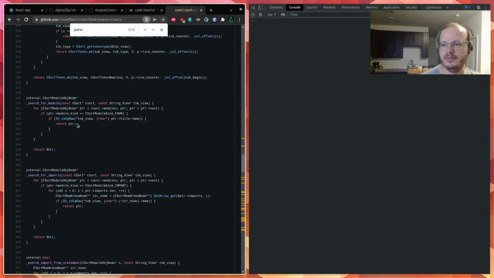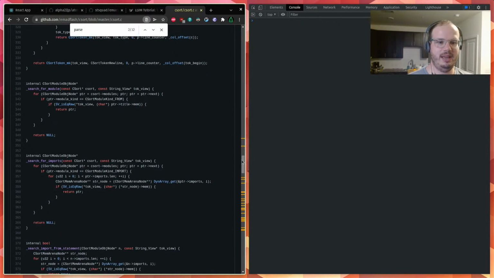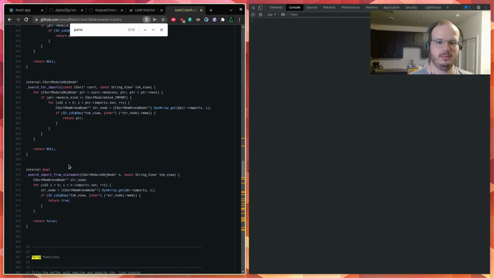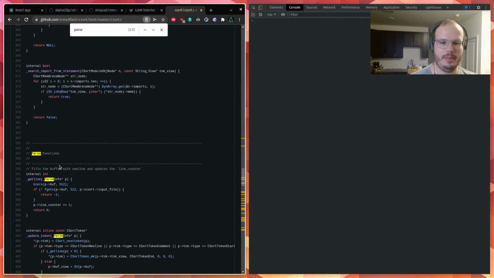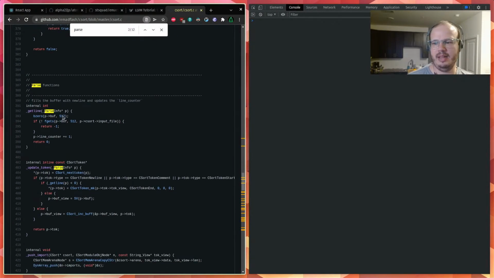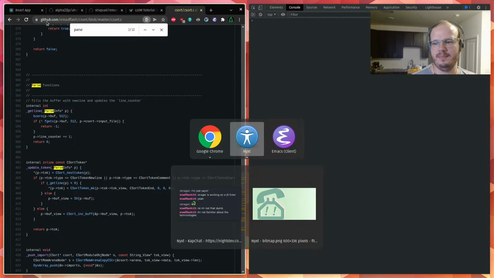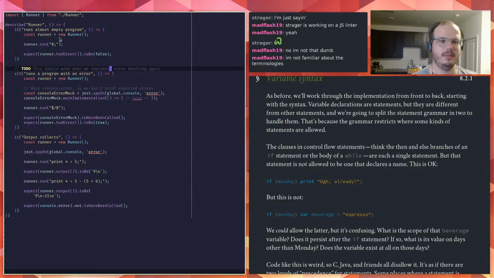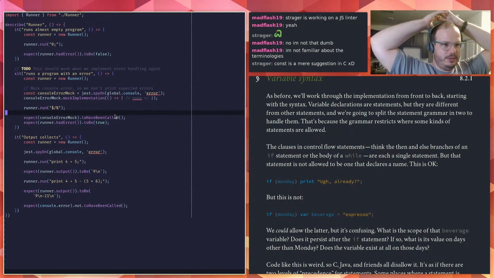I probably don't know enough C, honestly, to read this with any speed. Although, I didn't know const was a thing in C. But I don't know that much about C. I did C in college, 101, 102.